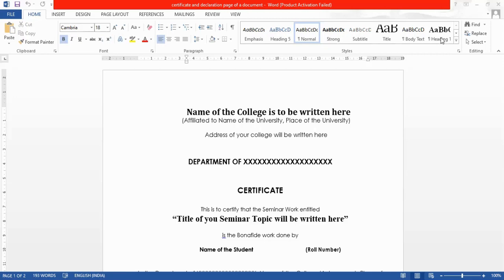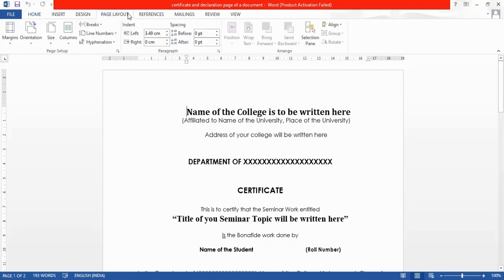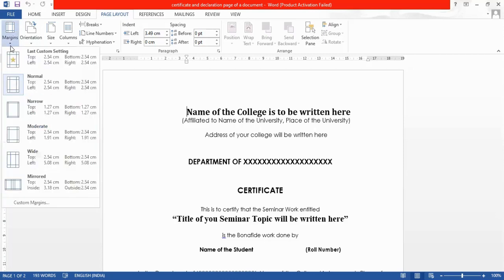If the margins are not applied, then we need to go to the Page Layout menu and identify the Margins option under Page Setup. Then by clicking on it, we can apply the margins. So here by default I have the normal margin, that is 2.54 centimeters in top, left, bottom and